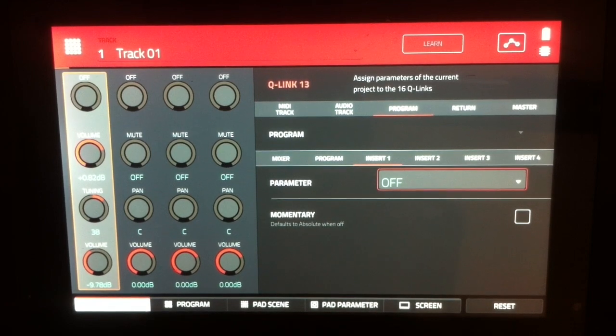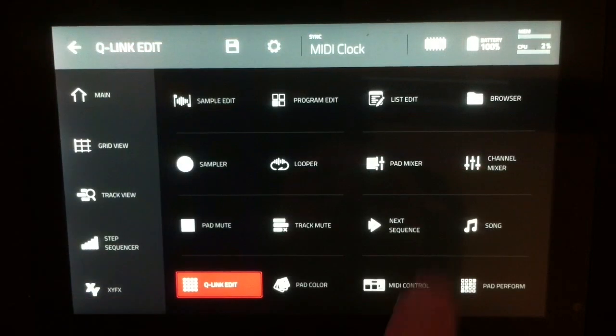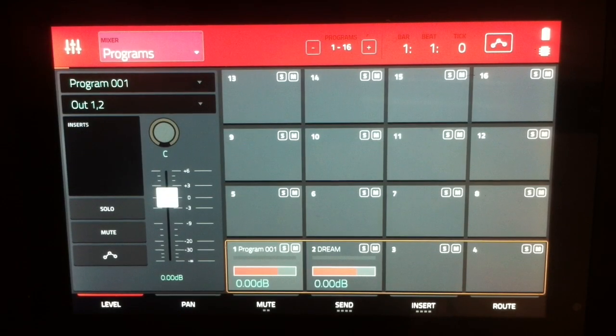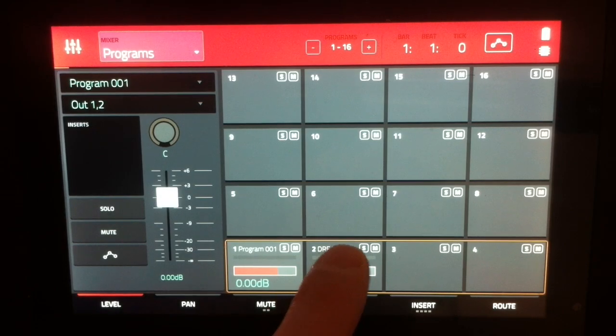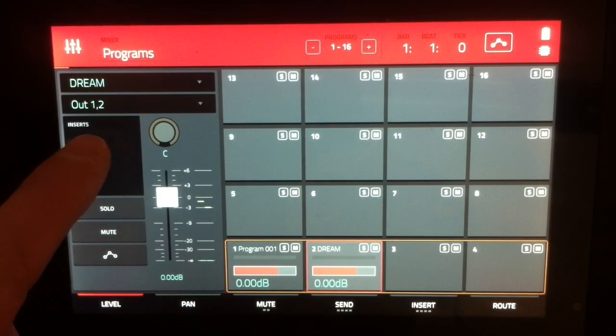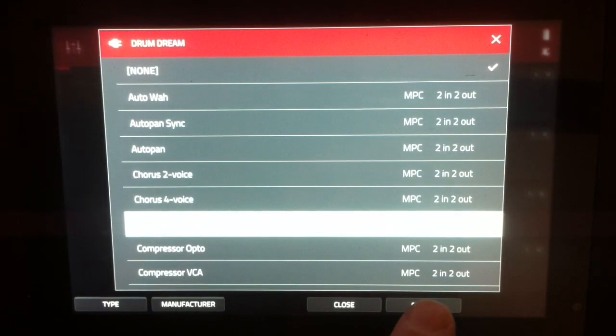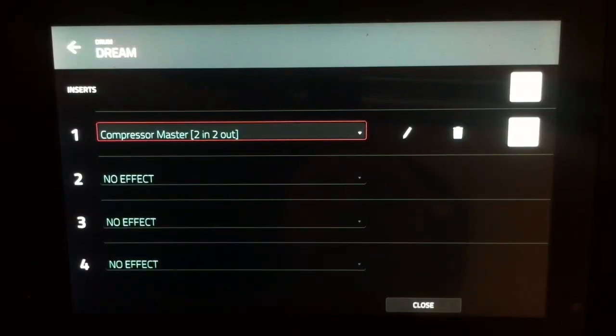Now we haven't got an insert loaded, so this isn't going to take effect, so we're going to have to go to menu, channel mixer, go back to our programs view for the mixer. Let's choose the dream program. Double tap inserts, load an effect. Let's just load the compressor. Let's go back to menu,